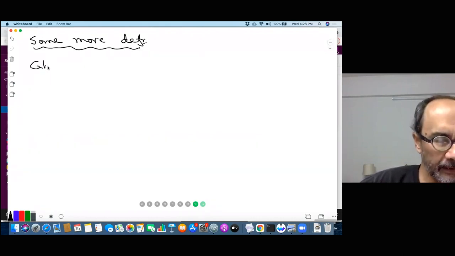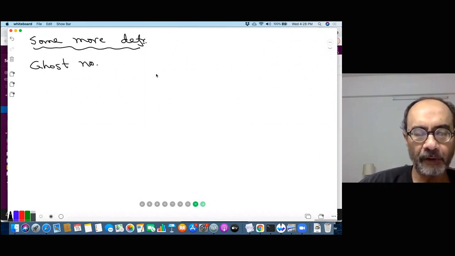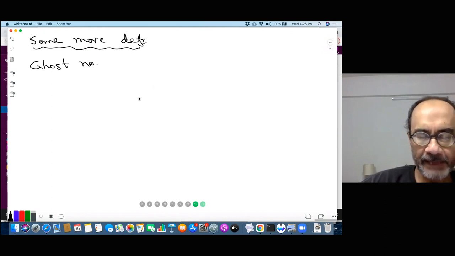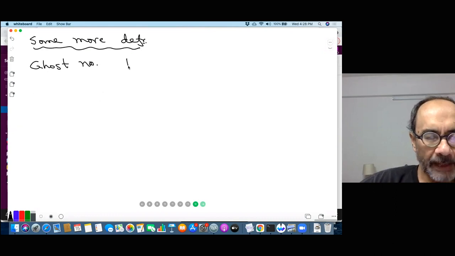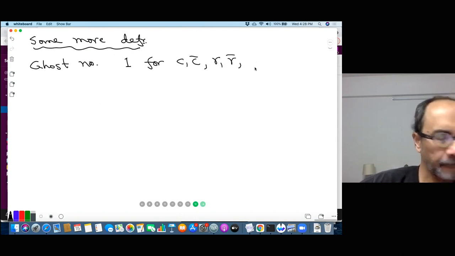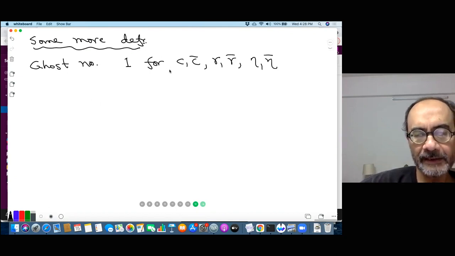So, Gauss number. Let me remind you again that whatever I did for the holomorphic sector, one can repeat for the anti-holomorphic sector. That is exactly a similar structure. So the Gauss number I'll define to be 1 for C bar, gamma bar, and eta bar. We can do a refined definition, which is holomorphic Gauss number and anti-holomorphic Gauss number, where